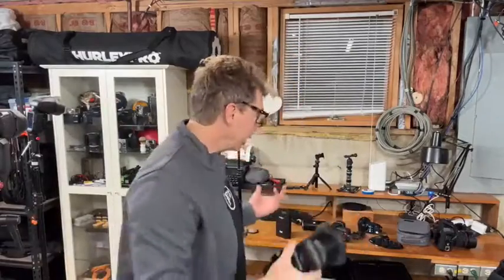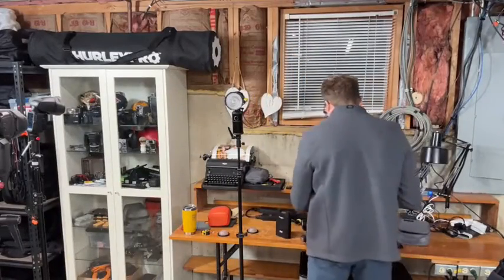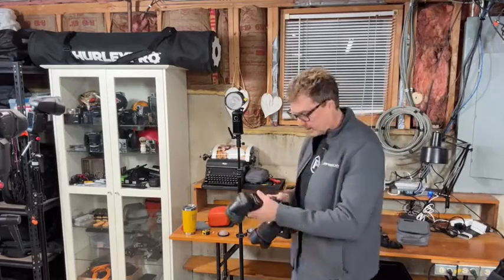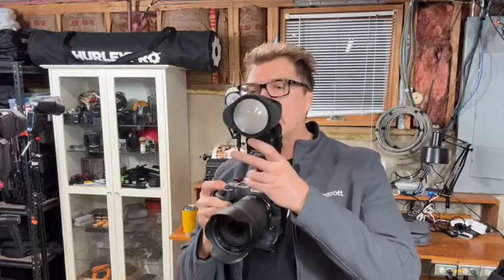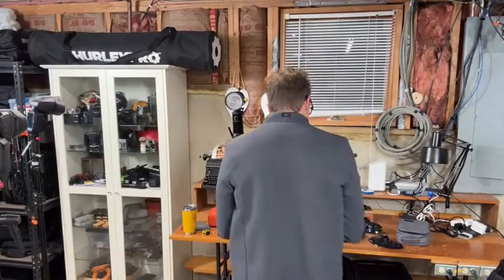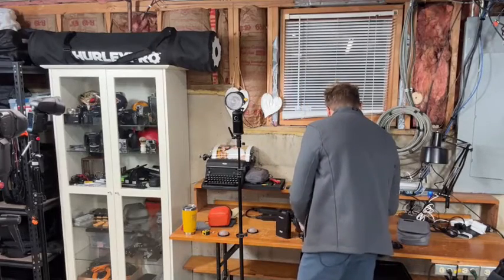So even with this pass-through shoe, like if I do shoot in some pretty crappy weather, right? Outside in the rain, the EL1s are weather resistant. The Westcott is not. So even still with this pass-through shoe, sometimes it fires, sometimes it doesn't. See, it's not firing. Come on, right? Canon requires this in order to create the weather seal and to not damage the gold contacts in this shoe. So why doesn't it fire? You got me. I've asked and asked and asked, right? But